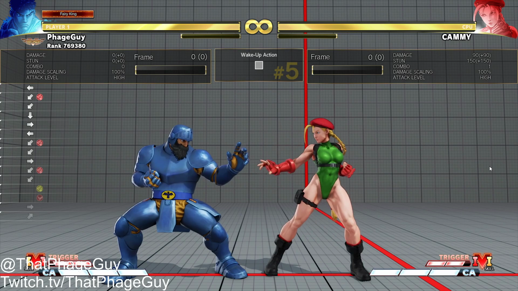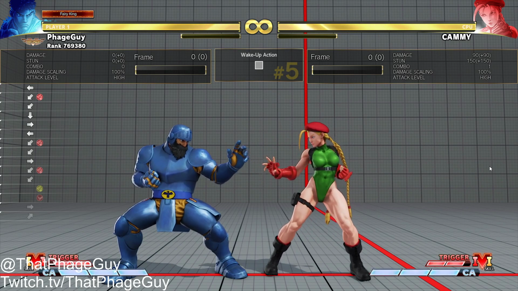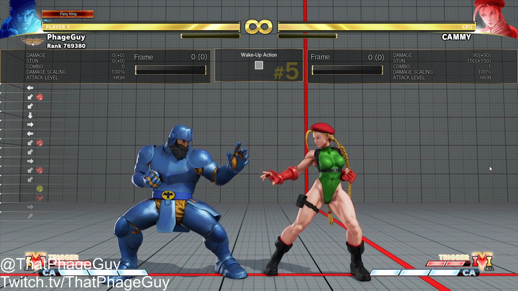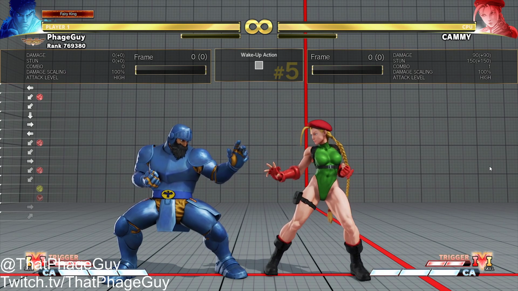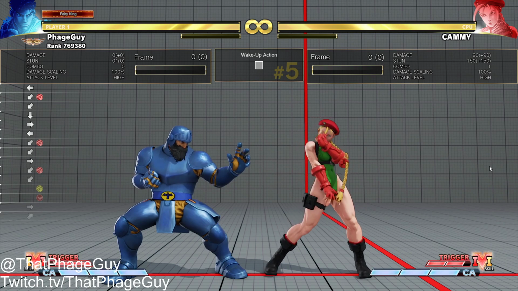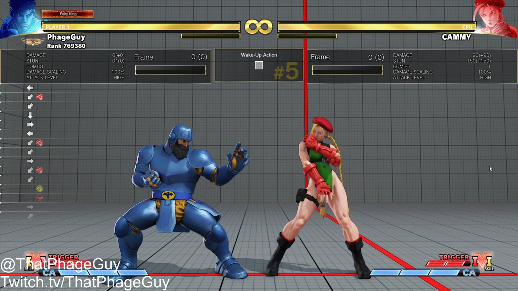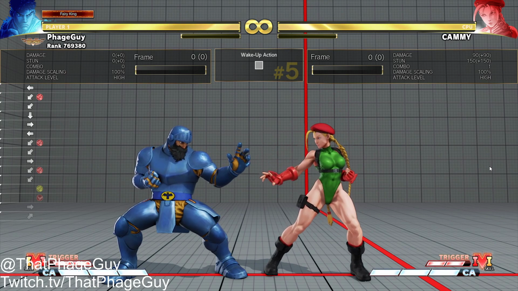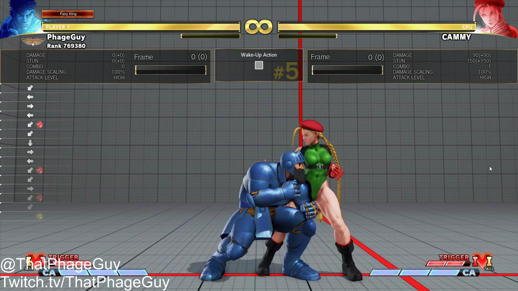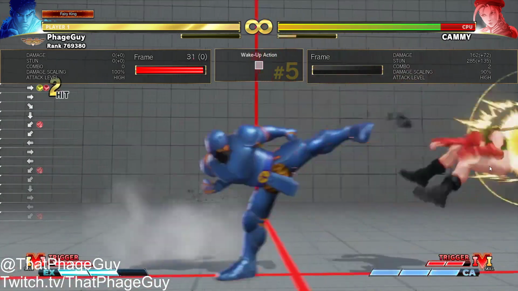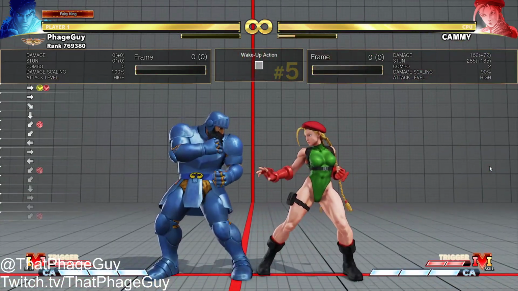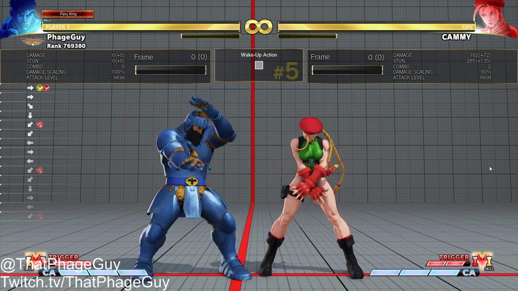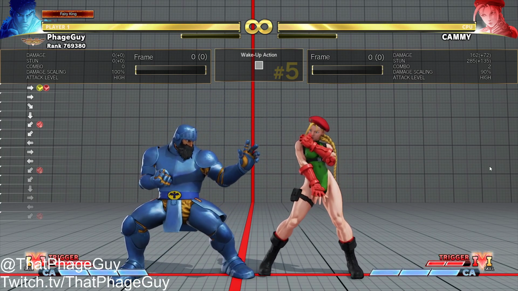Crouching heavy punch is -7 on hit, has 4 active frames, 24 frames of recovery. So total, you have -7 plus 4 plus 24 minus 1 for a total of 20 frames, 2 more than the 18 frames we need to cancel into that EX donkey kick. So just to demonstrate real quick, here is the crouching heavy punch into that EX donkey kick, and notice the wall bounce there. So that wall bounce is something that is kind of hinted at if you read the description of the EX